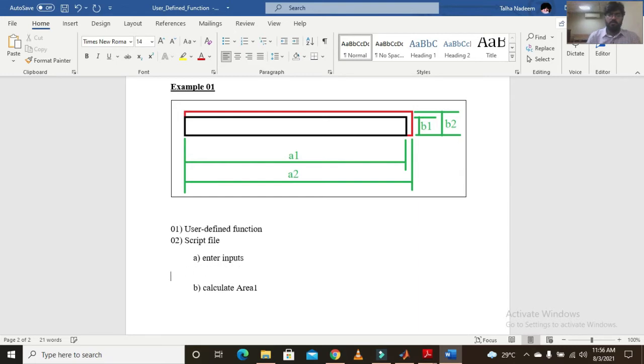Or you can say, first calculate the change, or should I say the new length of A and B, then calculate area 1, which was your original area, and area 2, which will be your new area, and take the difference.